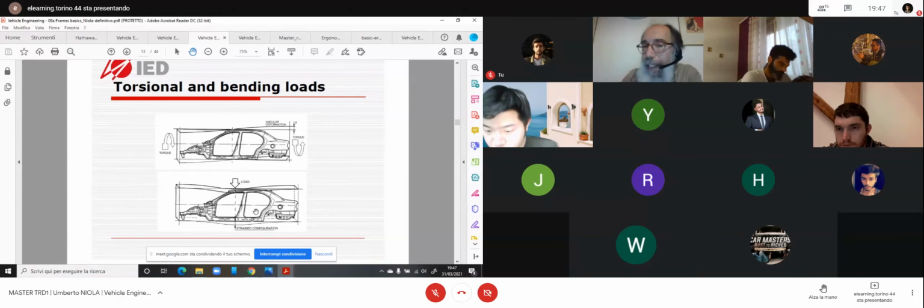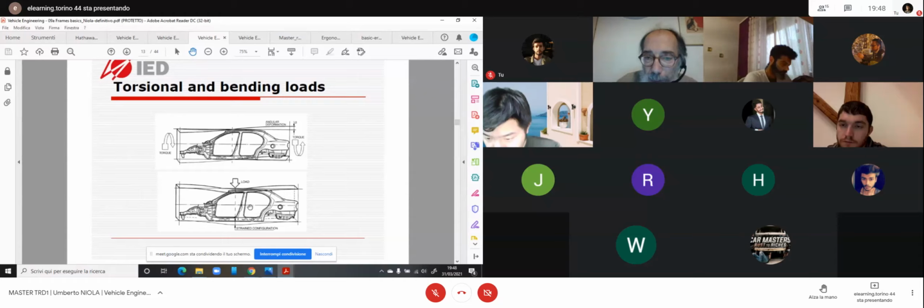By the way, an interesting application for this is also simply assembling a car. This bending load is proportional to the weight of the car, okay? So if you are building a new car, usually you are on a bench without all the weight and all the mountings. So you risk, if you assemble the doors and you adjust the door position to the hinges and strikers,